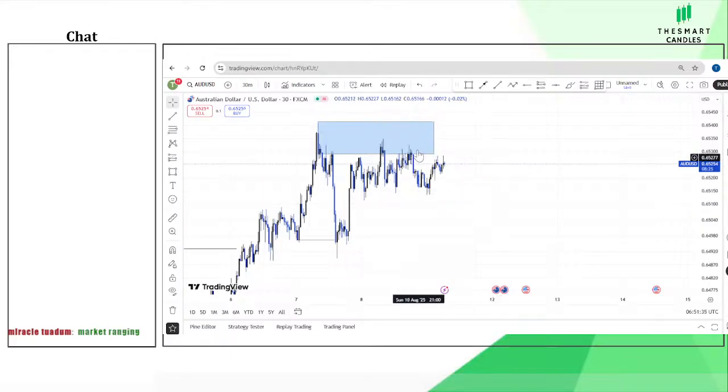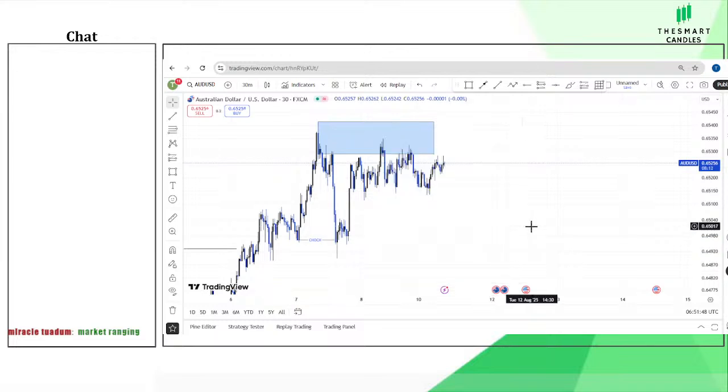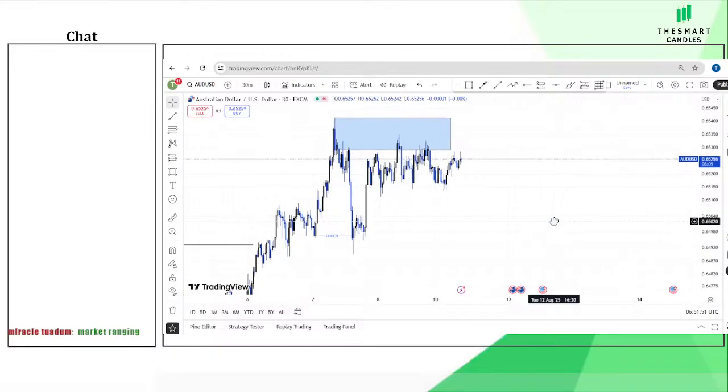Okay, so looking at the 30 minutes price action, you can see we have a change of character at this point. Before having that change of character, there was a sweep of our supply zone. So we'll be more bearish. We'll be looking for bearish intent